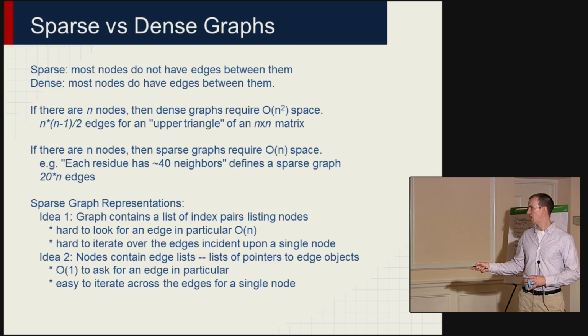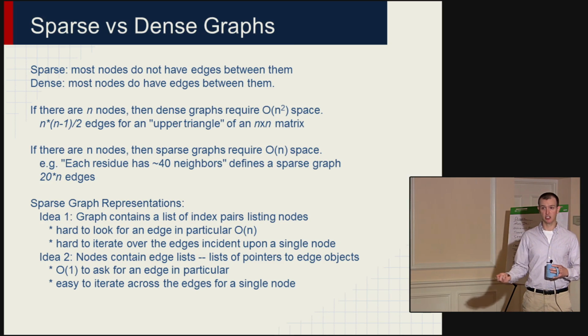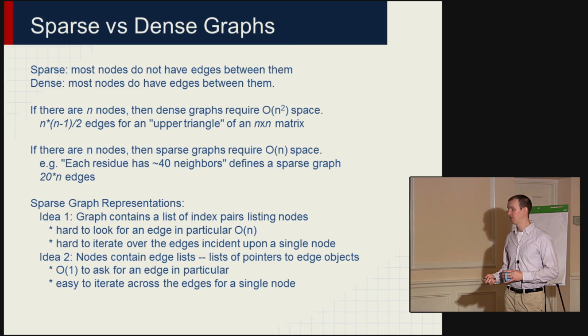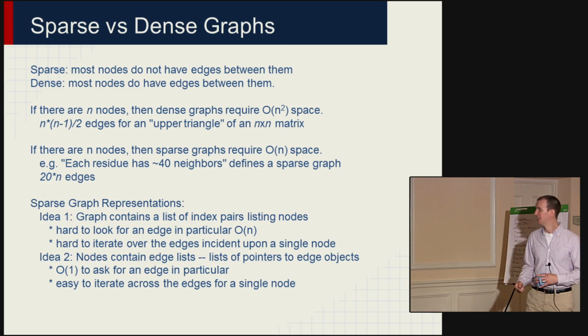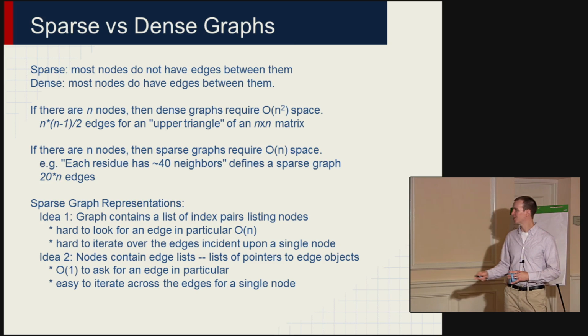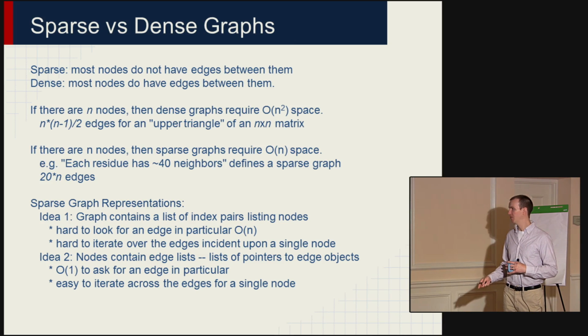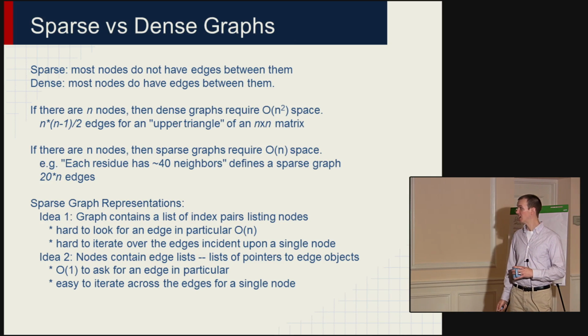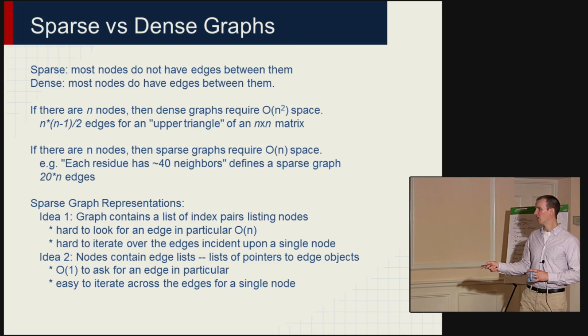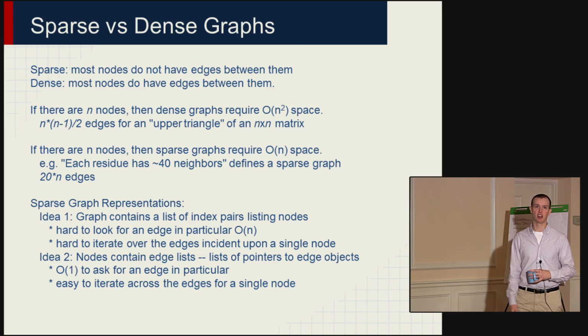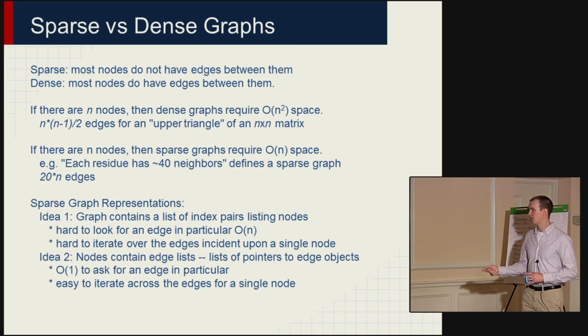This representation is somewhat problematic because it's hard to look for an edge in particular. Like, is the edge 45, 52 in the graph? I guess it would be 49 or something below my cap of 50, if I'm going to stay consistent. But say you have an edge that you're interested in particular, there's no quick way to find it, right? You just start at the beginning of the list and walk to the end. And if you wanted to know about, say, all of the edges incident on a particular node, that's also problematic